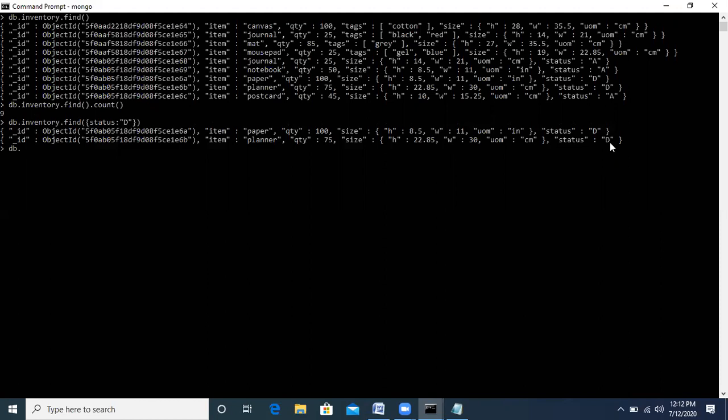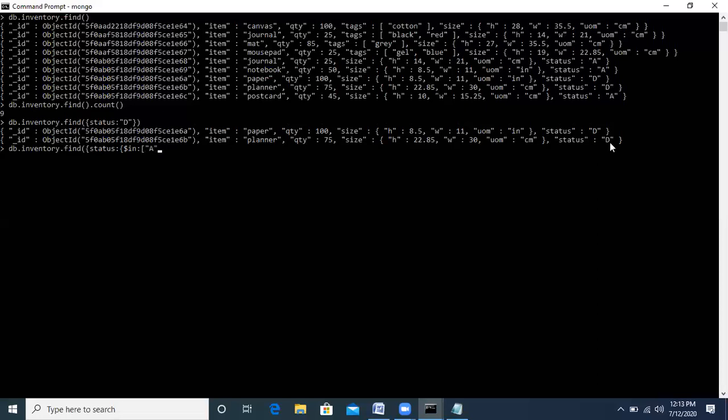We write the command db dot inventory dot find, and inside find start these brackets, we will write status colon, we will again start curly brackets, and then dollar sign in colon array, because we are passing multiple values.